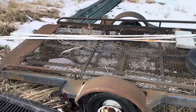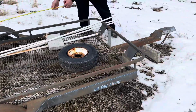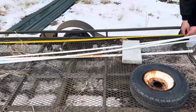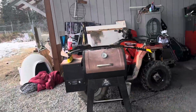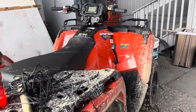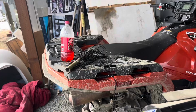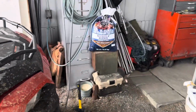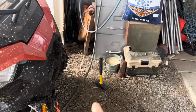We are here at the trailer, so it doesn't look that pretty, but you know what? It's gonna have to do, and we're gonna fix it up. Obviously it needs tires, so we're just getting measurements right now. We are trying to keep this as cheap as possible. The good thing is we have a few things already. So the trailer is 8 feet. This is 7 feet. We have 1 foot that we're going to be able to put something in the front